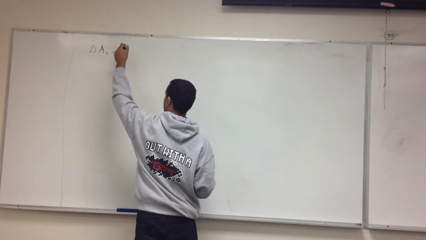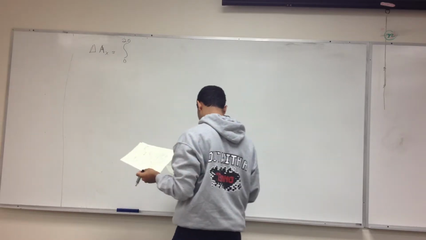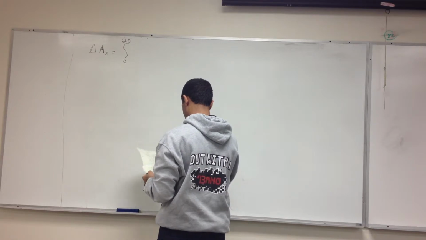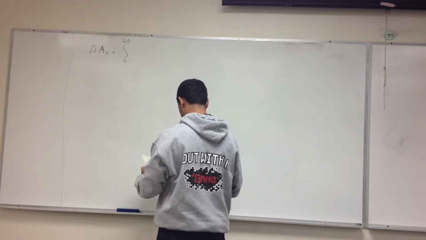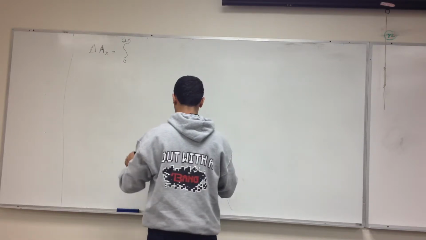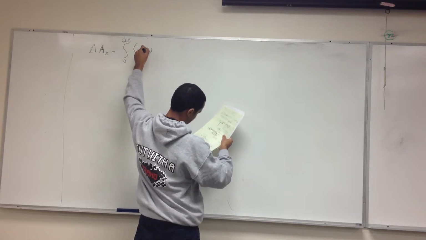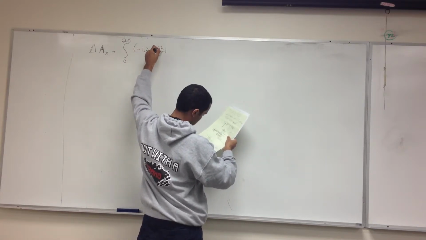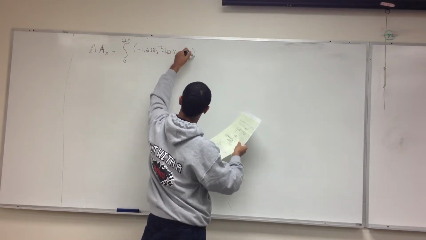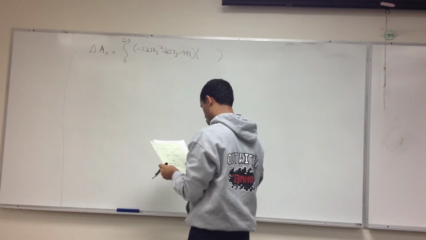So we have integration limit 0 to 20. We take our expression from the real frame M3, our expression negative 1.25 x3 plus 65 x3 minus 445, and we times that by the corresponding third cut